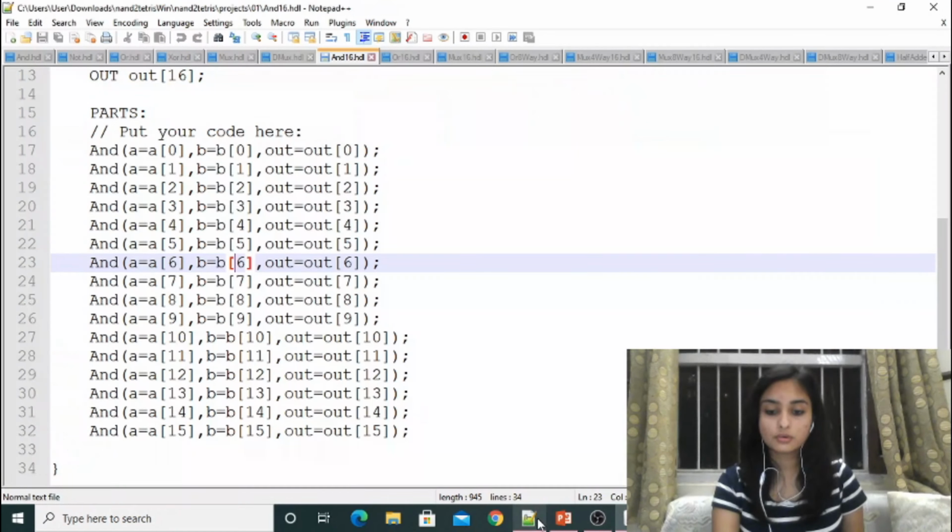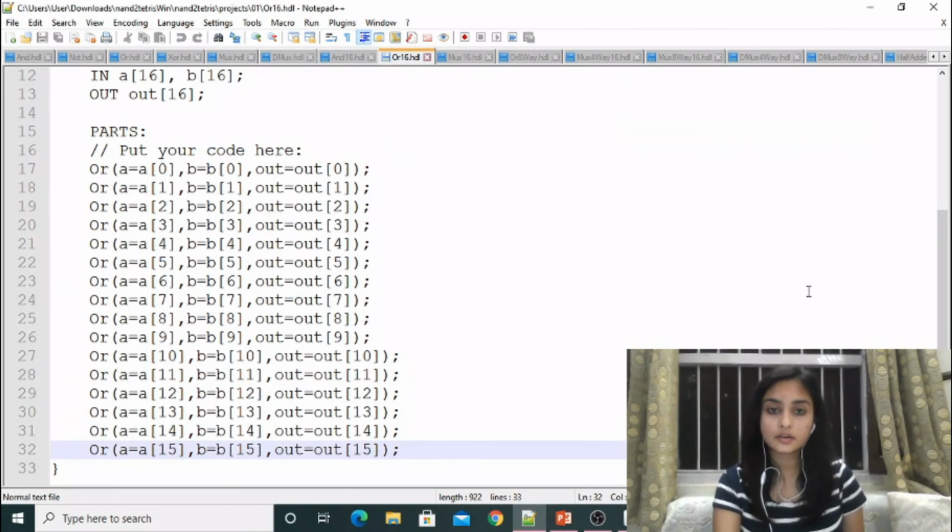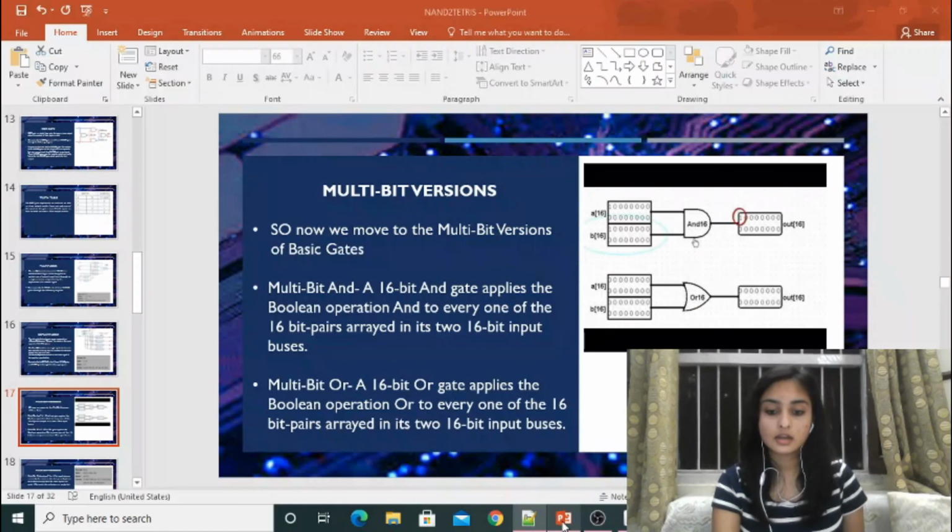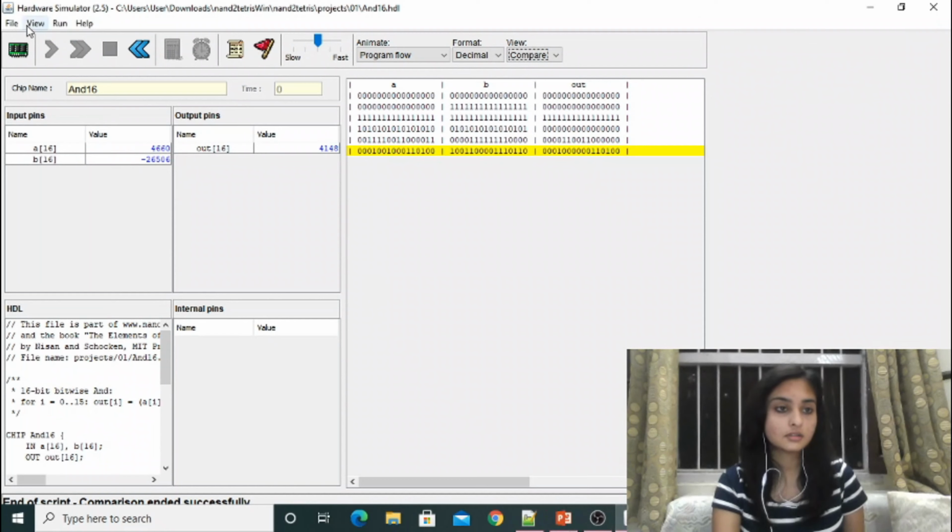Next, we move on to OR16, which again is the direct implementation of the OR gate, but we use it in the format of 16 bits. Therefore, we'll be using 16 of these gates. And now we use the code.